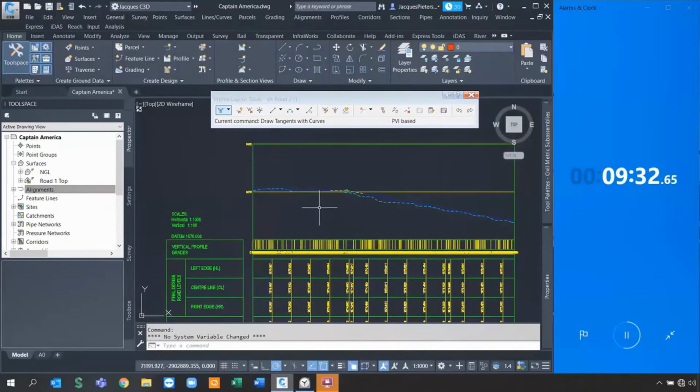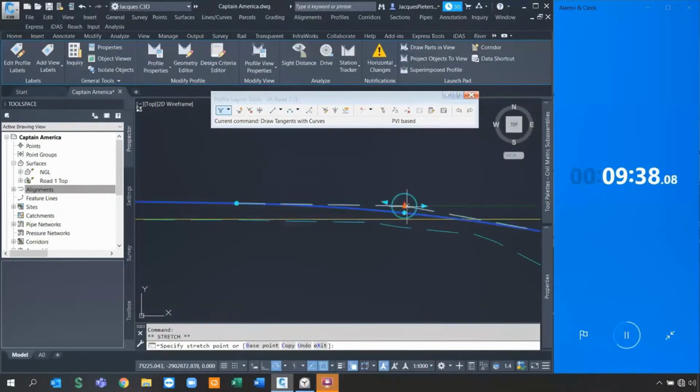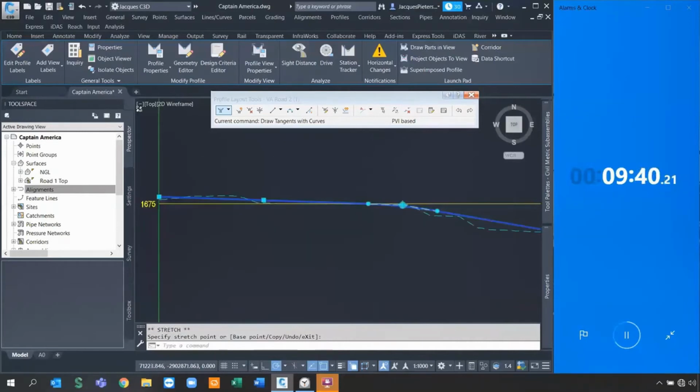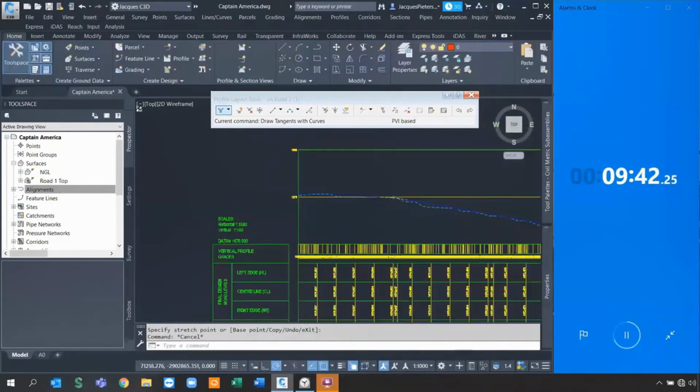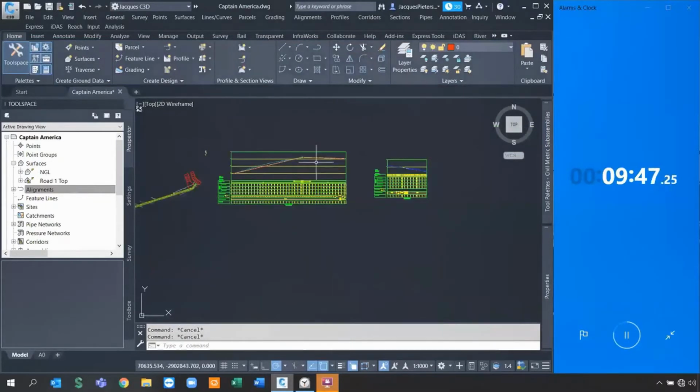So I just want to go and confirm. That looks a little bit too steep. Let's just move it down a little bit. There we go. That looks much better. Wonderful. So I've designed the alignment and the profile, and now I need to go and define the super elevation design